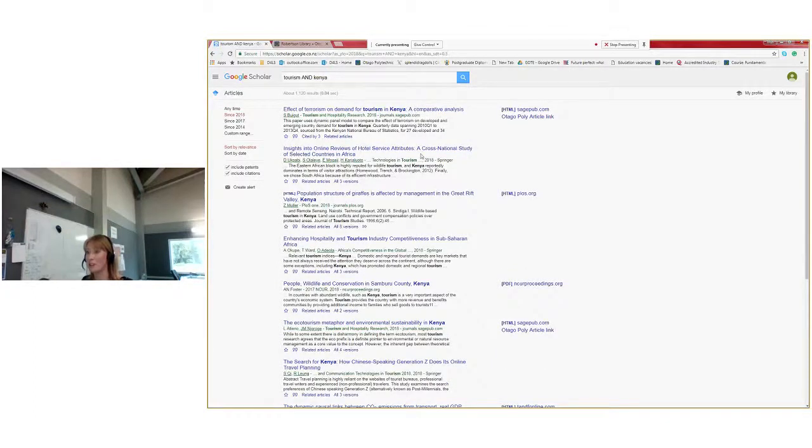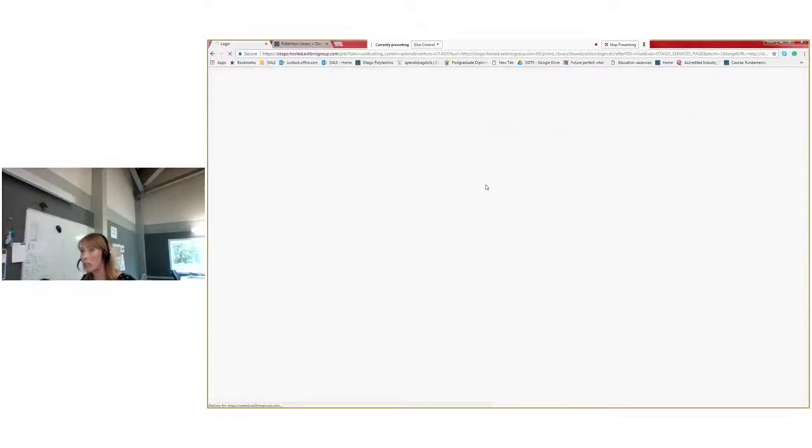Okay, and so this shows you everything that has been published this year, and this is the one that I found as an example of something that was available on the Robertson Library: the effect of terrorism on demand for tourism in Kenya. Because we're all logged in here, you can see to the side an Otago Poly article link. If we click on that, it is going to hopefully, thinking about it.